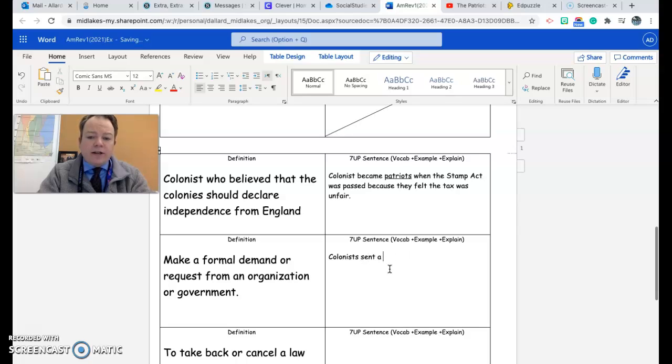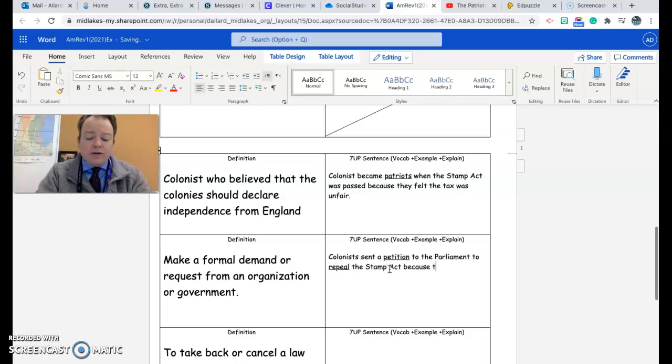Make sure I underline that. To, now what was the name of the British government? That's right, Parliament. To repeal the Stamp Act